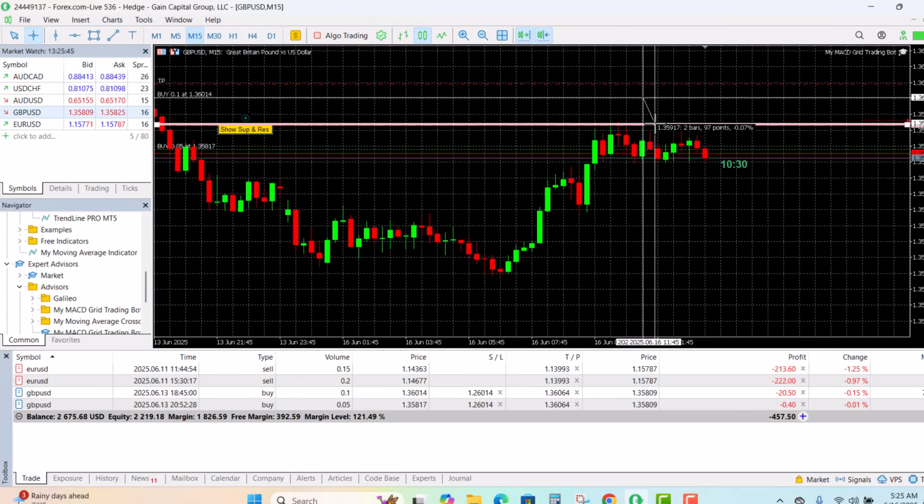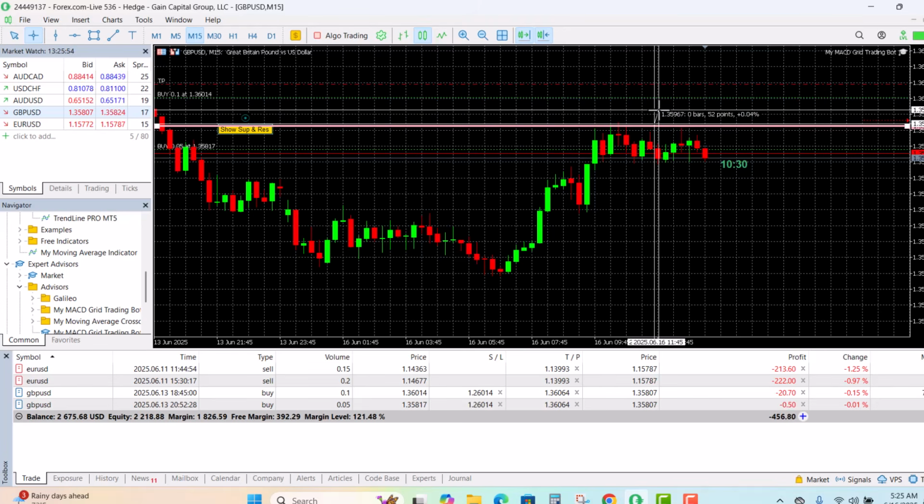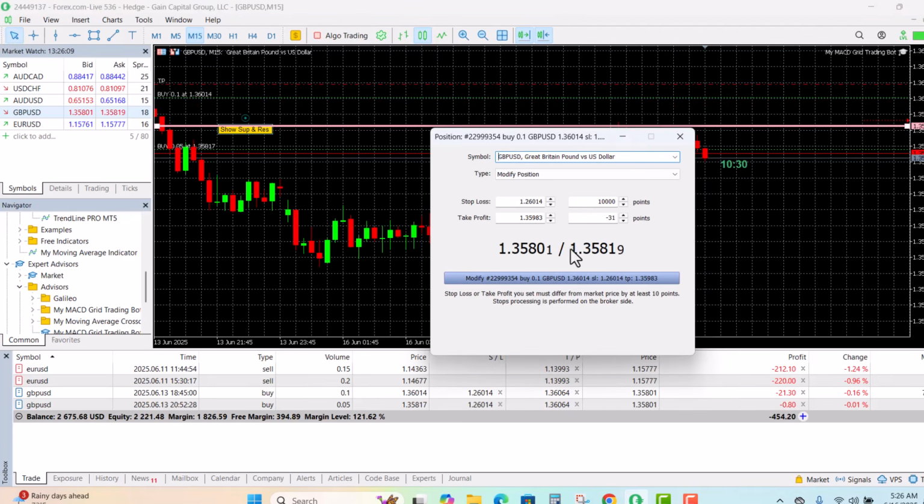All right. Now, knowing that this is the middle, I can put me a line that represents where the middle is. All right. Right there. Let's pull it down just a tad more. And now I can move up another 5 pips or 50 points. That's where my new take profit would be. If I want to still take 5 pip profit, I would grab this red line and I could pull it down and adjust it to where now